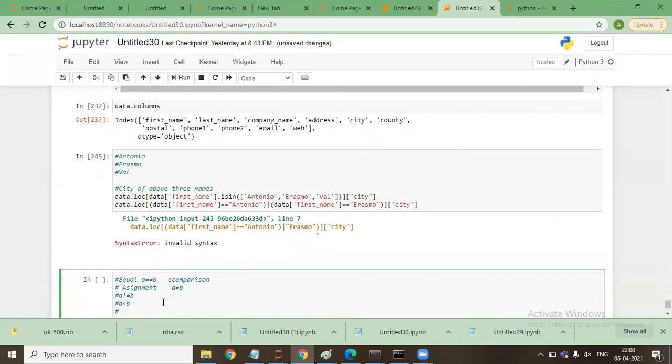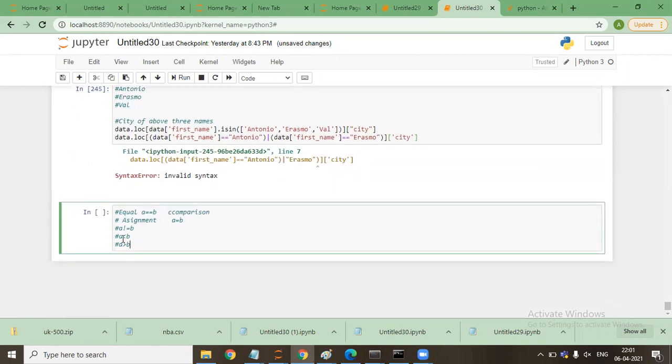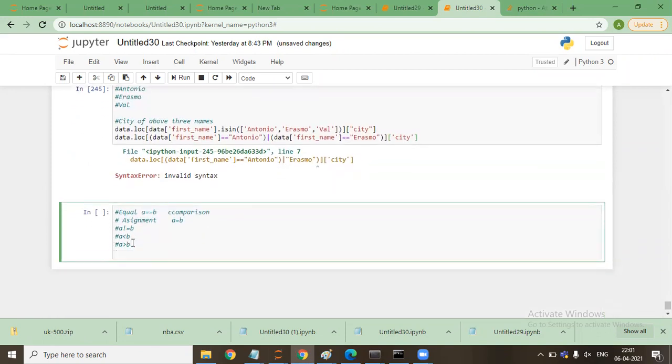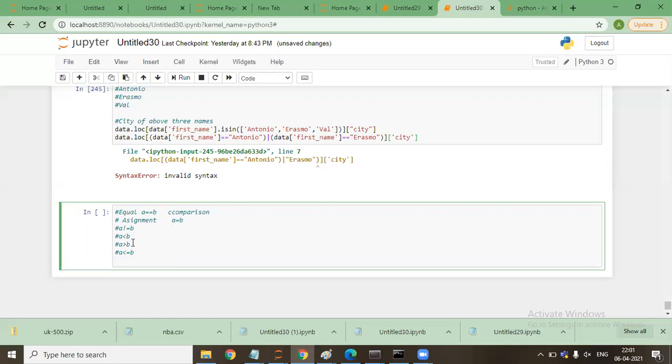A greater than B. A greater than equal to or less than equal to is A less than equal to B, or A greater than equal to B.